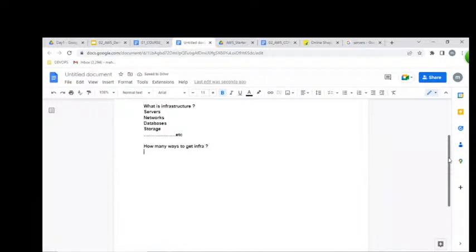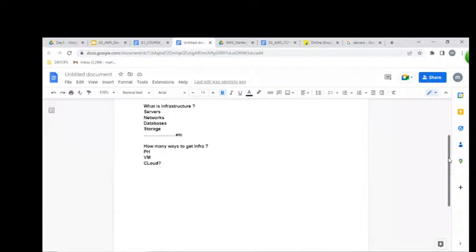The first one is by physical environment, or virtual environment, or cloud environment. The server is the same, but the way of getting it is different. We can get servers either by physical, virtual, or cloud environment.